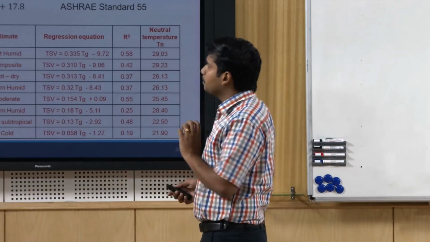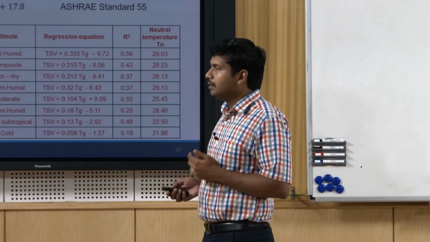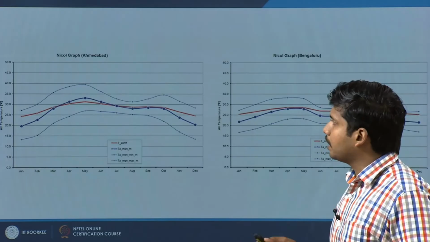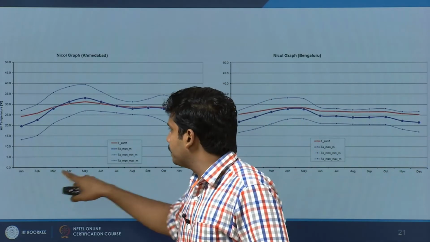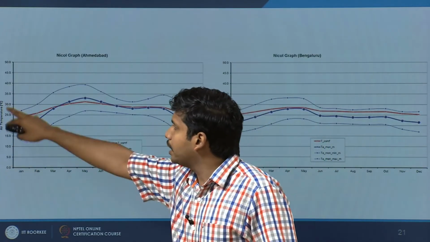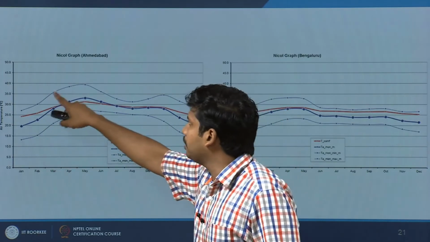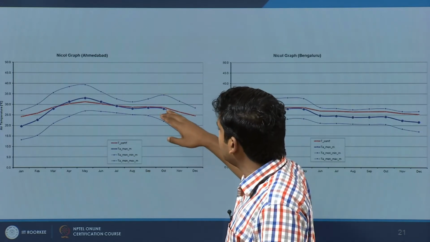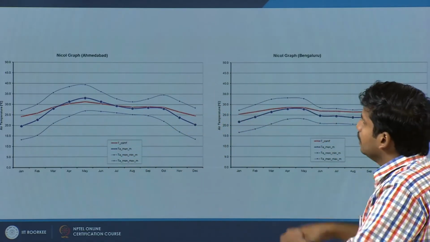So there are a lot more comfort models, but more or less they are regression models developed based on field evidence. If you compare two cities in India, I have taken the standard comfort model, the ASHRAE model, and I have plotted two different cities based on the monthly mean temperature. This is month here, this is outdoor air temperature. This thin line shows the monthly mean maximum and mean minimum. The dots represent the mean maximum and mean minimum. Then the center one is the monthly mean, and the red line shows the Tcomf calculated based on this equation.